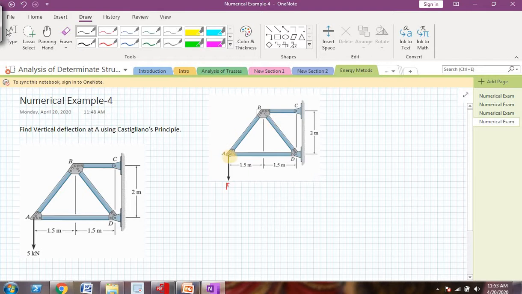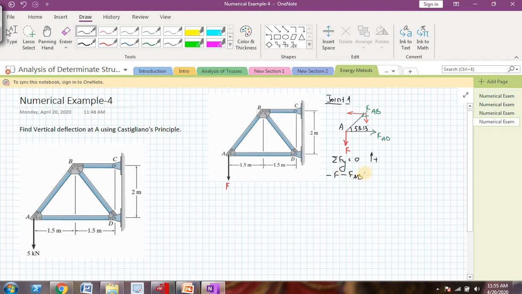So let us start with joint A. I will draw the free body diagram of joint A. Okay, I have drawn the free body diagram of joint A. I will apply the first equilibrium equation, summation of Fy equal to 0, taking all the upward forces as positive. So I will end up with minus F because this is downwards, and this AB, since it is inclined, will have components like this. So the vertical component is downwards, so that also I should take as minus